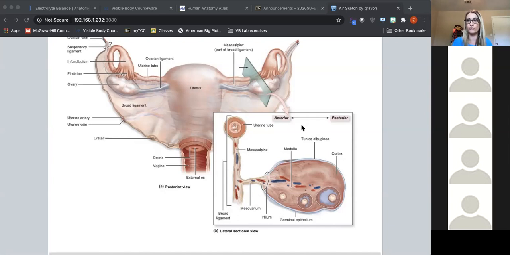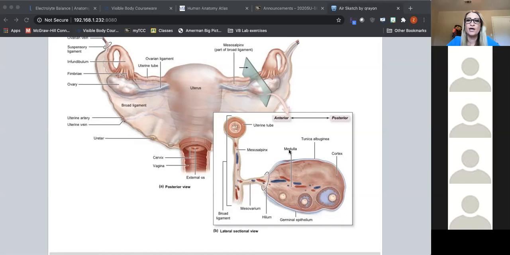So what is happening to the uterus as the ovarian cycle is happening? The process of formation of the oocytes in females is known as oogenesis. Oogenesis begins in females before birth. It begins with the oogonium, which is a diploid cell. It has 23 pairs of chromosomes, and it